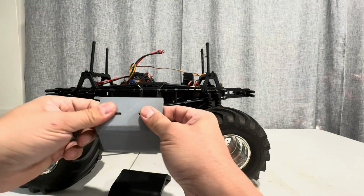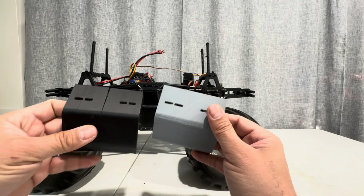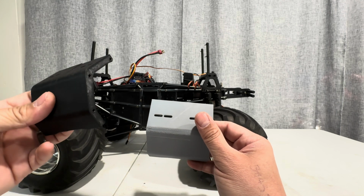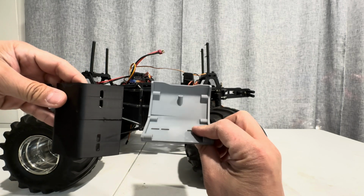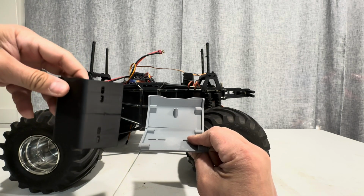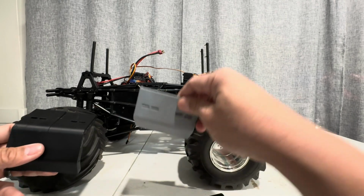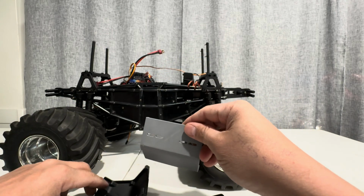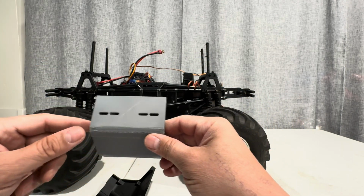But I think this is stronger than having it printed this way. Having it printed this way is stronger than having it printed on its side like this, because this has a stronger layer this way. So fortunately, I still had black